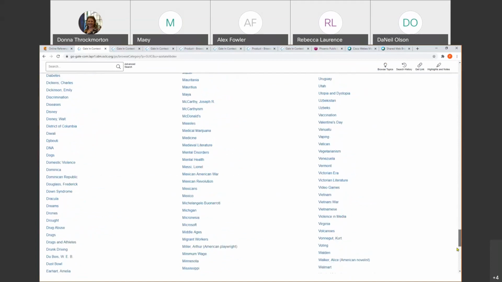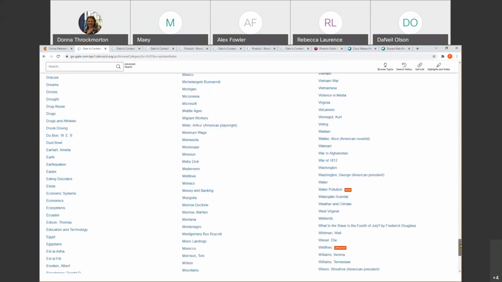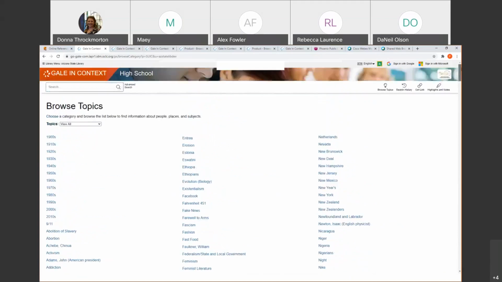For example, I did not notice Netflix in here, and the CEO of Netflix has just put out a book. And there's a lot of history around Netflix. So you can go ahead and do your search in the search box to get to the topics you need. I'm going to click back on home.